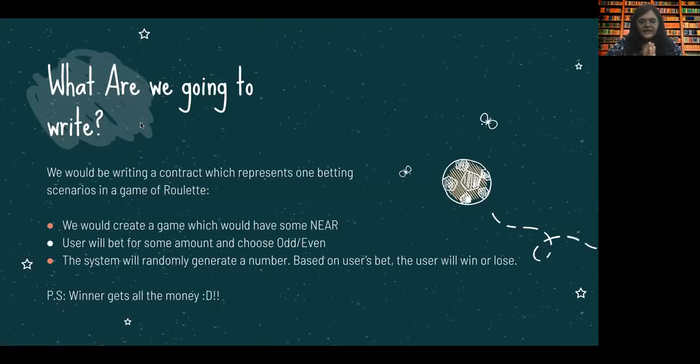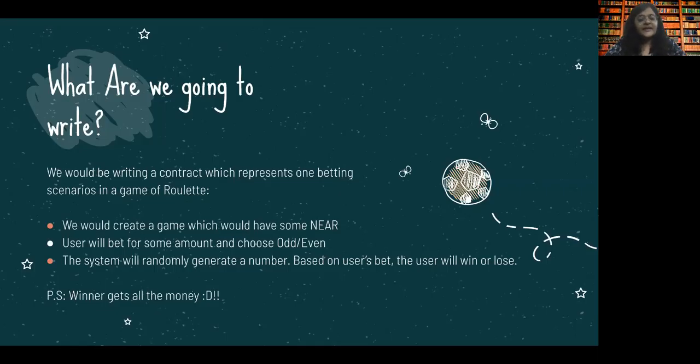So what are we going to write? We would be writing a contract that would represent betting scenarios in the game of roulette, one of the betting scenarios rather. We would create a game initially, which would have some NEAR, for example, that is the casino, which has already put in some money.